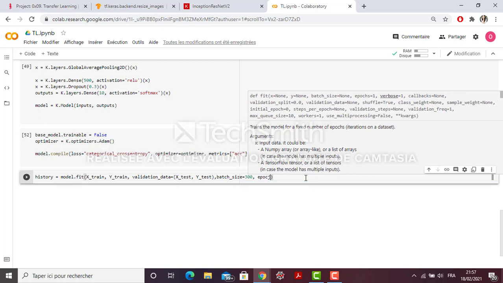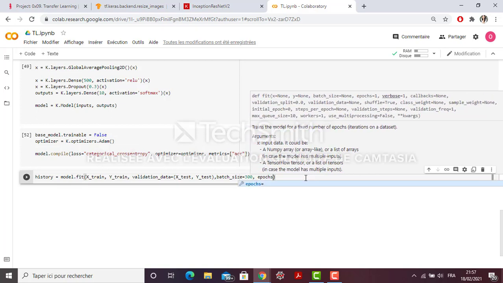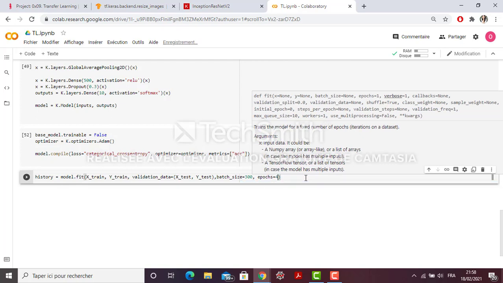Now I need to train it with a few epochs, because I don't have that many layers. If I put, for example, 10 or 20, it might overfit. So I'm going to put, for example, 4. I think 4 is enough to train my 2 or 3 layers.